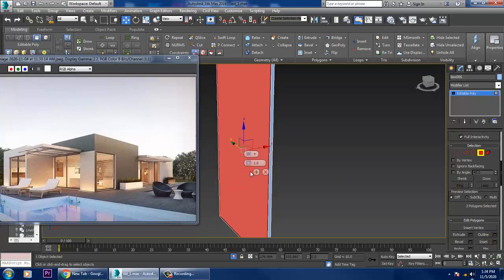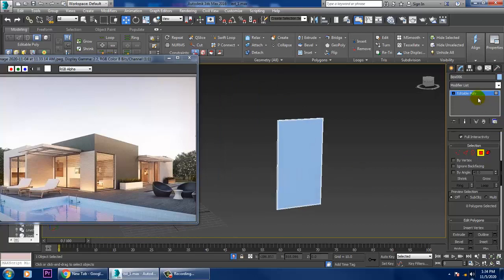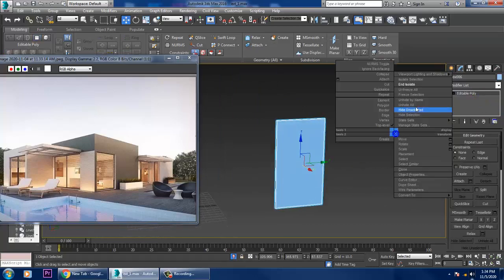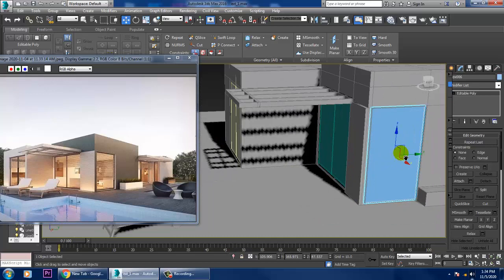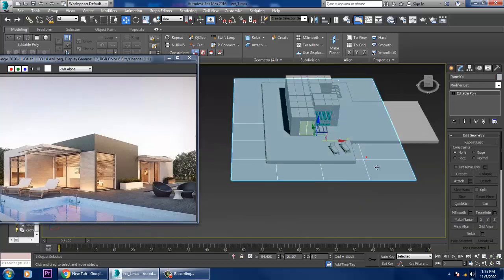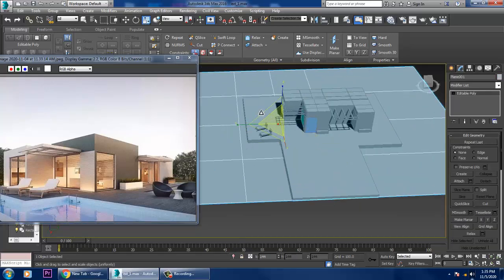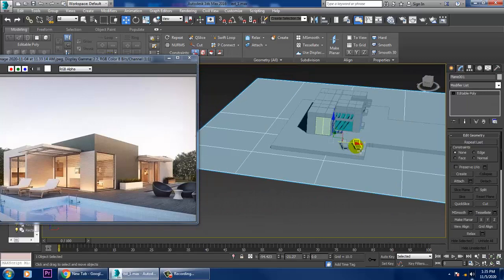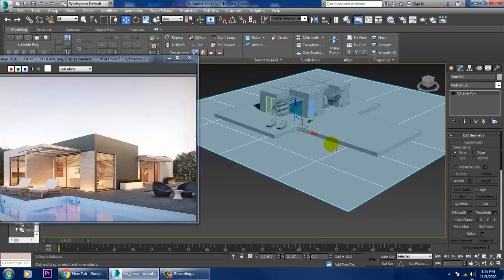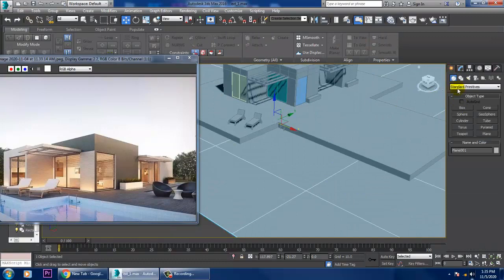So how are you going to create this water look? For this, we'll go over here. We'll just increase its size over here. I'll go again to the top view over here, although it's not visible.